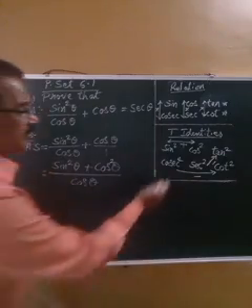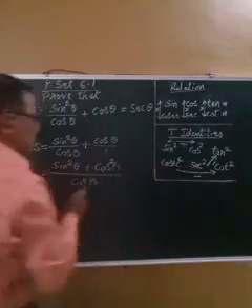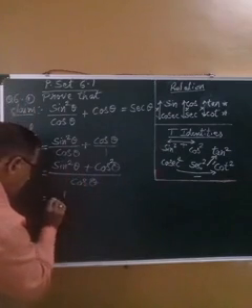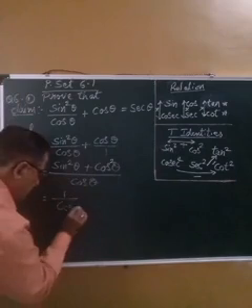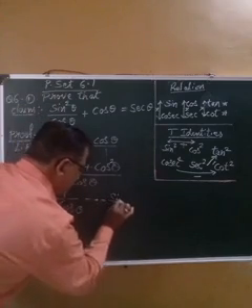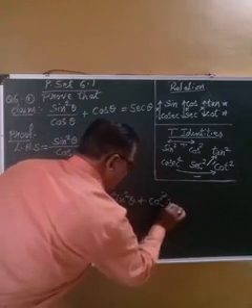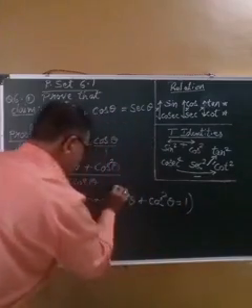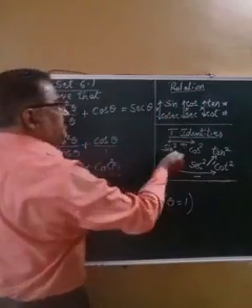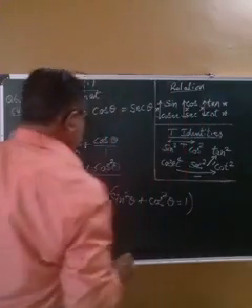Now we have learned in trigonometrical identity that sin square theta plus cos square theta is equal to 1. So on the numerator we get 1 upon cos theta, and the reason for 1 is sin square theta plus cos square theta is equal to 1. Put in the bracket, and 1 upon cos theta, from the relation between trigonometrical ratios we get sec theta is equal to 1 upon cos theta.